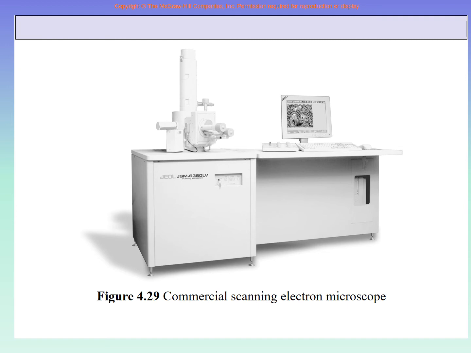If the electrons hit them, then they will scatter at some very different angles. So we want a perfect vacuum. Inside here, there is a very high strength vacuum system and a very powerful cooling system. And then all of this. And of course, then there is the high cost software and the computing system. This is a dedicated computer only for this machine and so forth. So this is the scanning electron microscope.